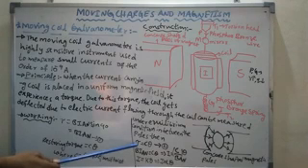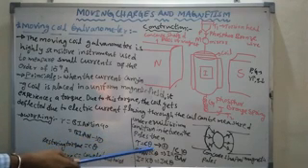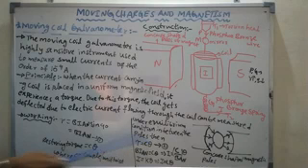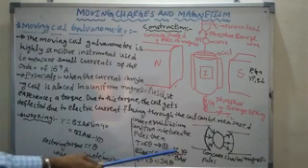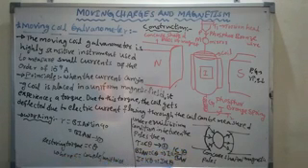The deflecting torque is BIAN. Restoring torque is what? C theta. Keep this in mind. So this torque we already understood. The restoring torque is couple per unit twist into deflection. Then BIAN is equal to C into theta. I is equal to C by BAN into theta. This is very, very important.